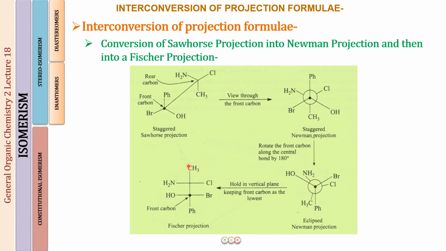So this is going to be the start of the molecule. So that goes on the vertical line. So all these four, the CH3, the rear carbon, the front carbon and the phenyl group, they will be on one vertical line. And now for the rear carbon, the NH2 was on the left side, the Cl was on the right side. So you are going to put them in the same position. Okay, so I think this should not be very difficult. The way we have been learning it, very easy to do it. Fine. So now just one more example that we will be doing before we finish up the lecture.